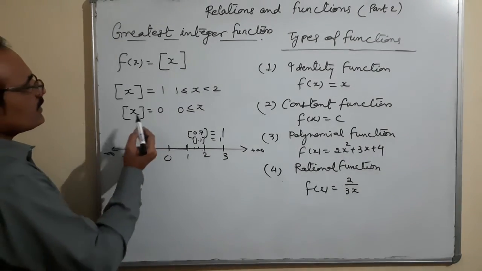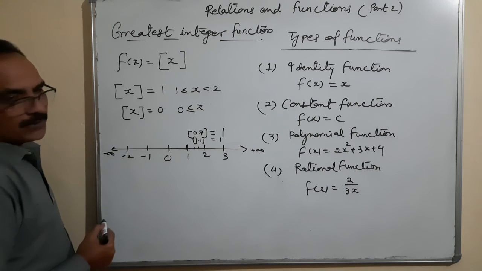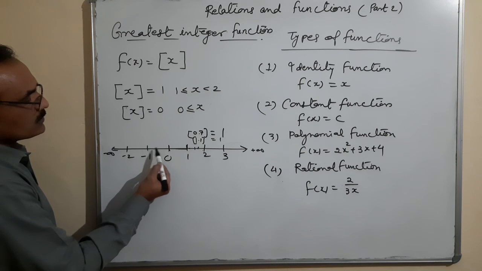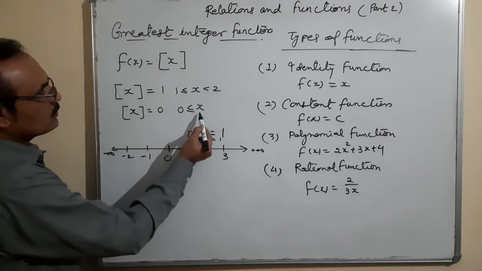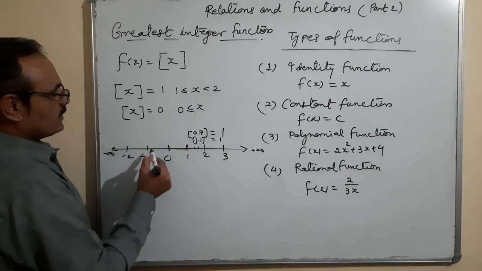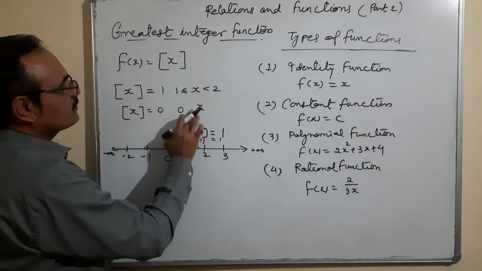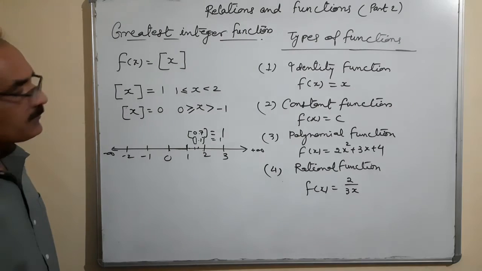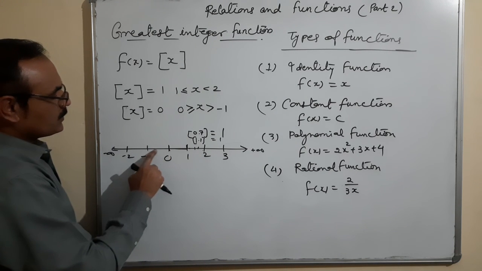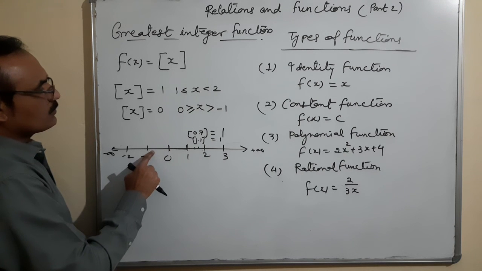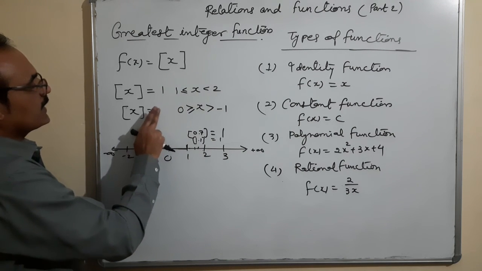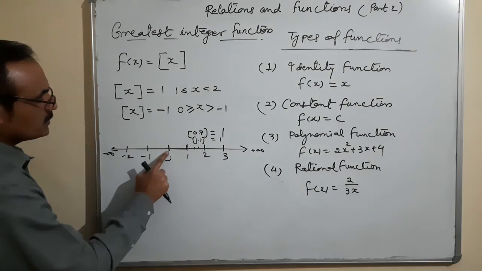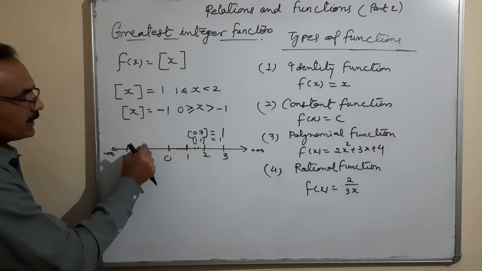Okay. So this I wanted to write here, the result is minus 1. So this minus 1 will be the answer of how many numbers? Minus 1 is less than or equal to x, less than 0. Is that okay? From minus 1 to 0, its value is coming minus 1. Okay? Because we are talking about the left hand side integer. So from minus 1 up to here, whatever the value of it, it's minus 1.